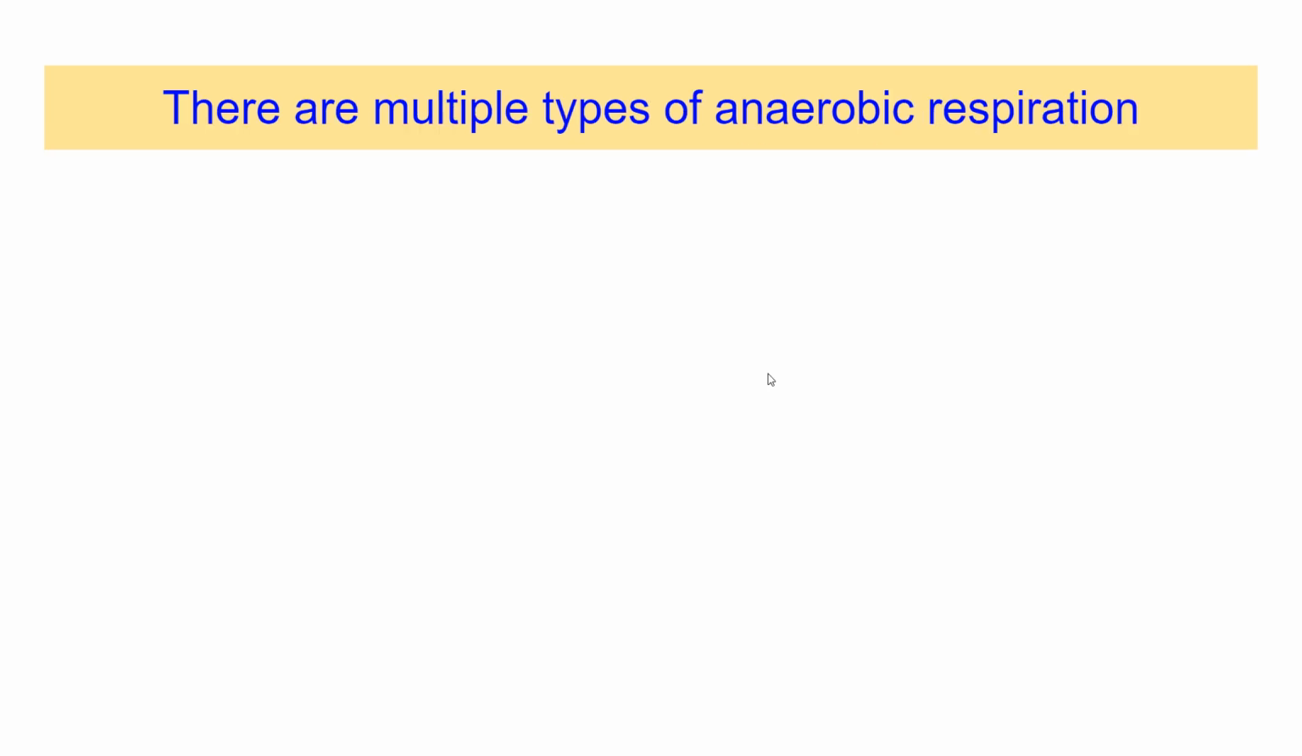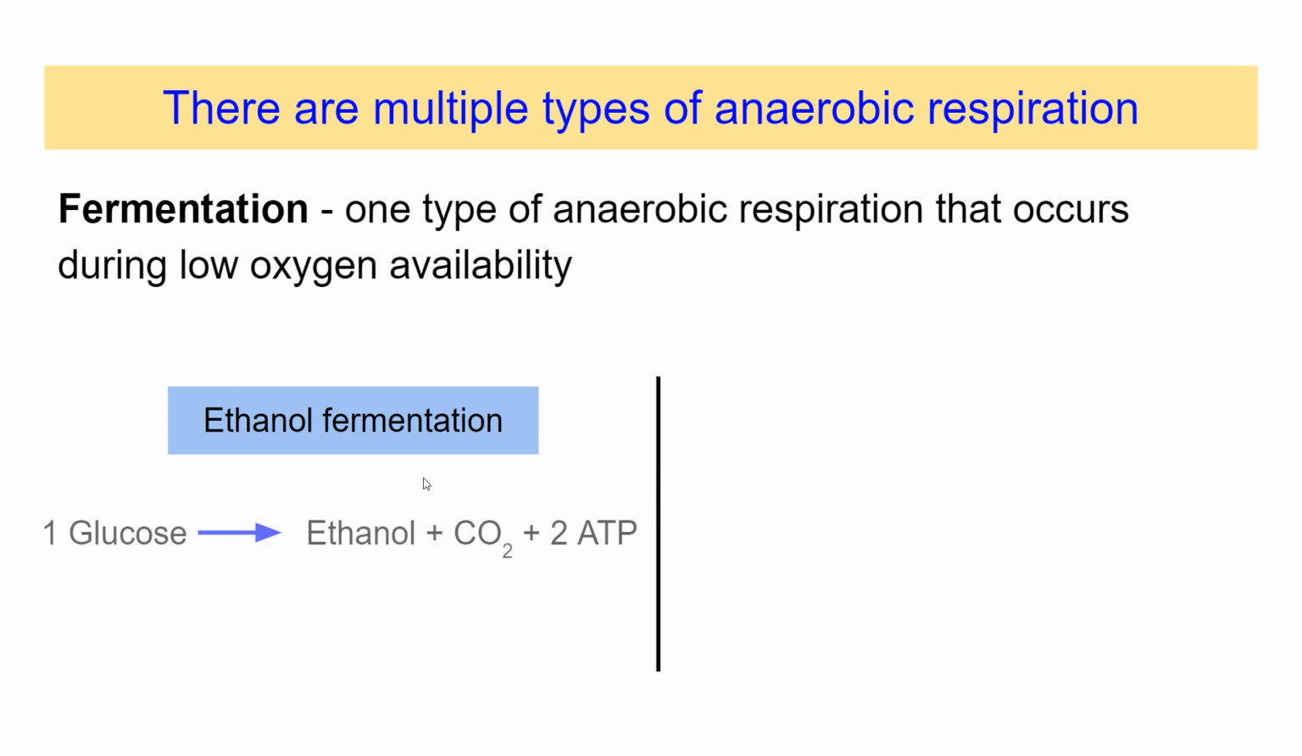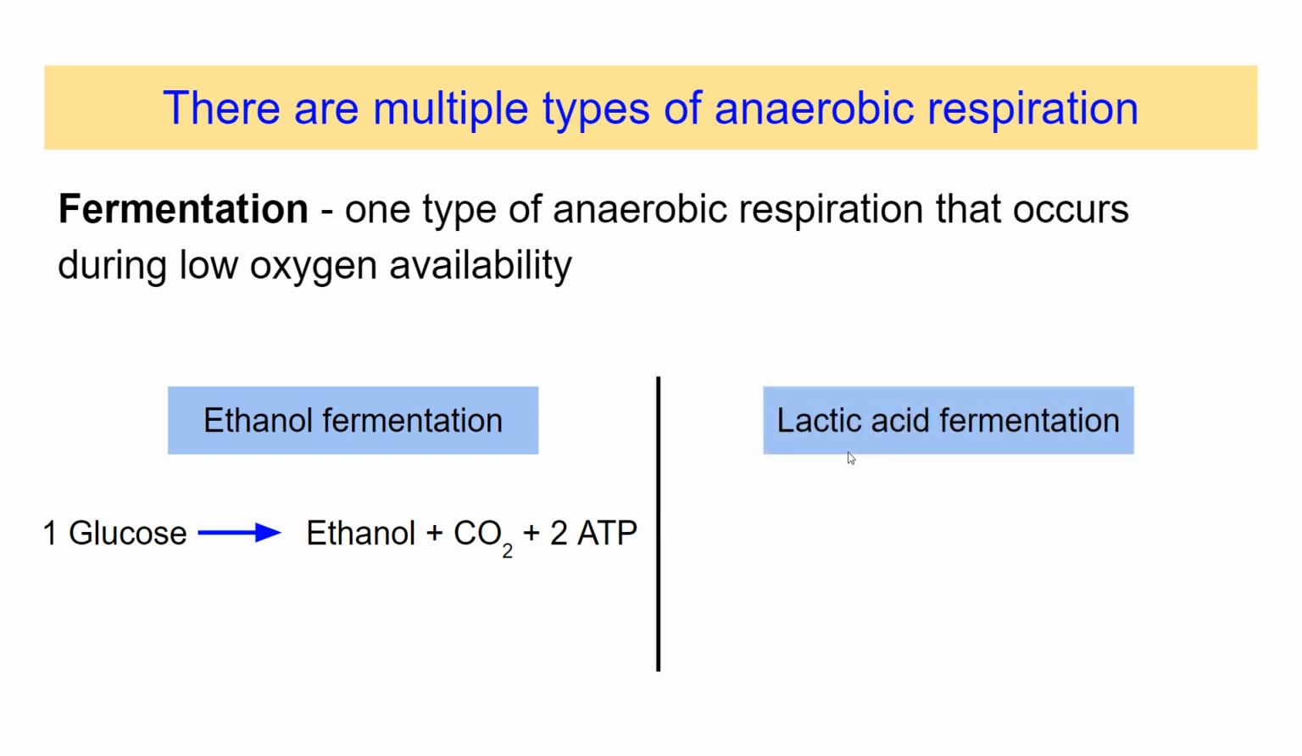All right, there are multiple types of anaerobic respiration, all of which are called fermentation. Fermentation is one type of anaerobic respiration that occurs during low oxygen availability. There are two different types we're going to focus on mainly. That is going to be ethanol fermentation, which uses glucose to produce ethanol, CO2, and ATP, and then also lactic acid fermentation. Lactic acid fermentation uses, once again, one glucose without oxygen to produce lactic acid and once again 2